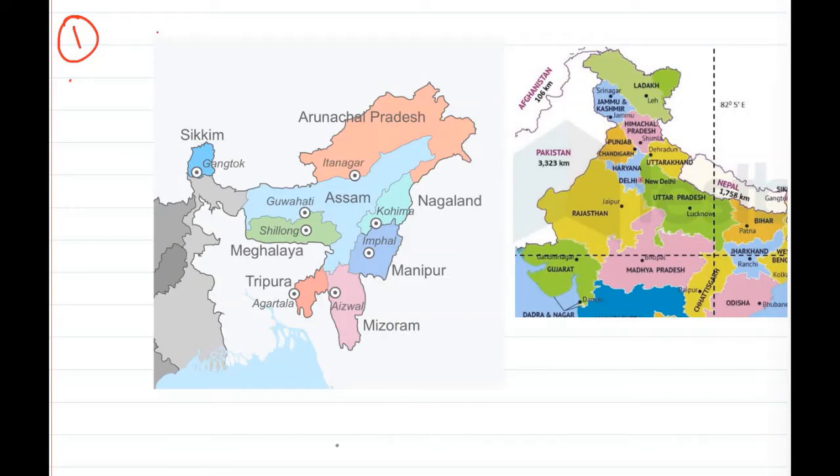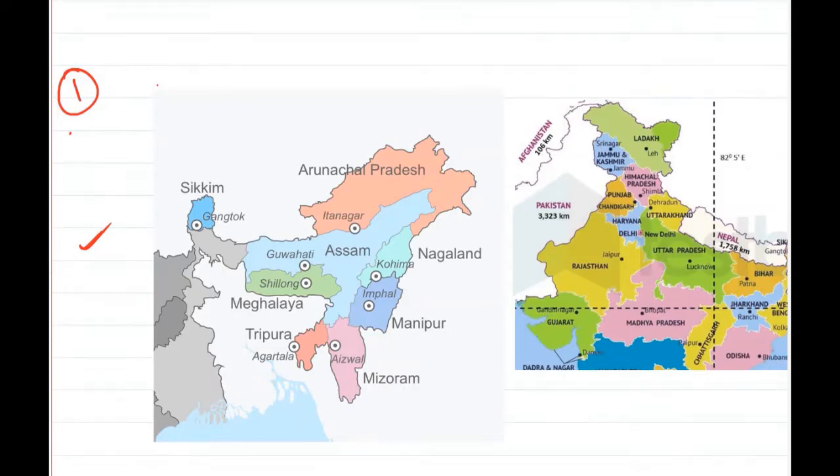So today, the first fact is a map-based question, not map-based fact basically. See, what happens most of the time is we take certain things for granted. Now, we'll take a very simple thing. Before I go into this, if you are asked a question, let's say without looking at this map,